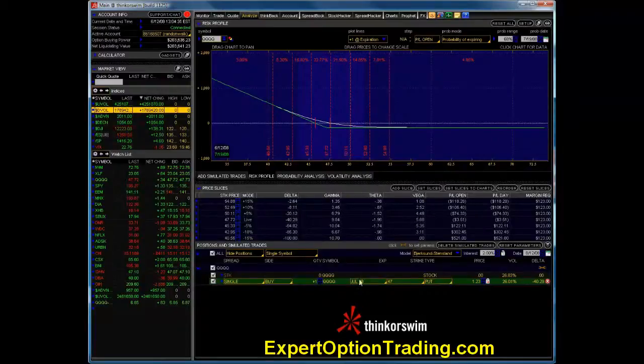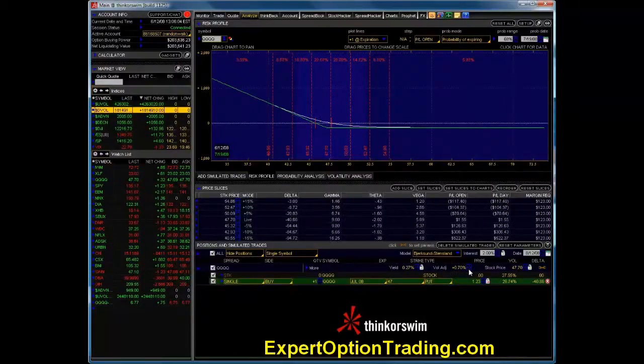Here we have the July 47 put. Now if we were to purchase this as protection and the volatility level is at 26%, let's see what happens when we adjust the volatility and volatility goes higher. You can see that as volatility increases, the profit and loss will increase dramatically as well. So if we adjust the volatility back to